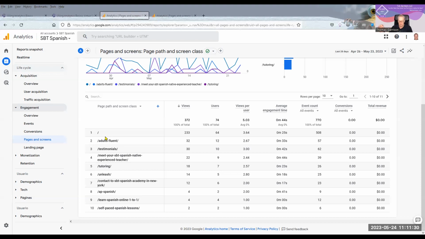Direct is, like I was saying before, they have already been to the site, or somebody sent them a link to the site or to a particular page, or they have saved it as a bookmark. So there are several reasons that you get direct. To say it differently: organic means they typed it into the search engine and found a link to your page or site. Direct means they came by some other method, so they didn't use a search engine.